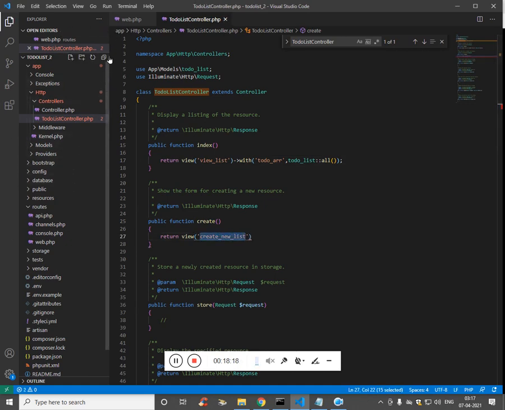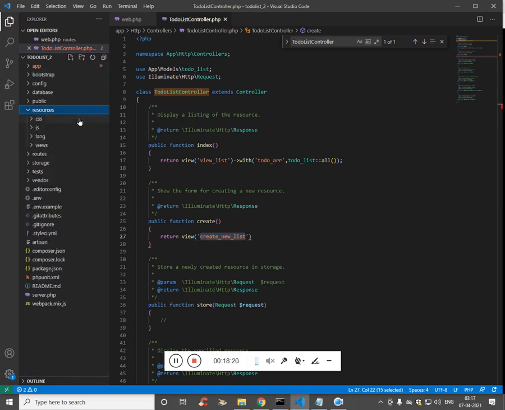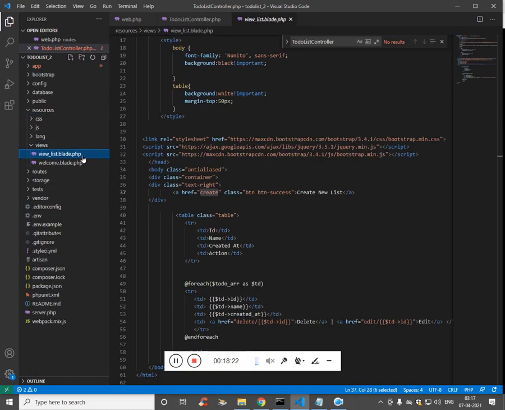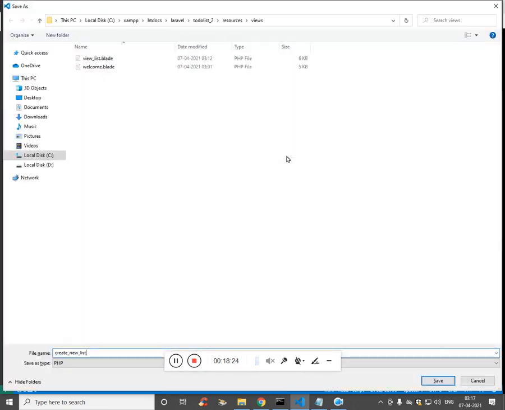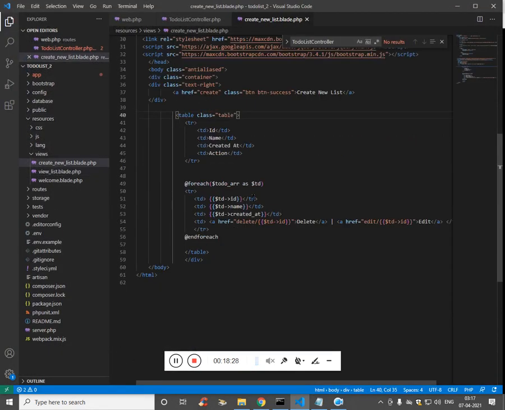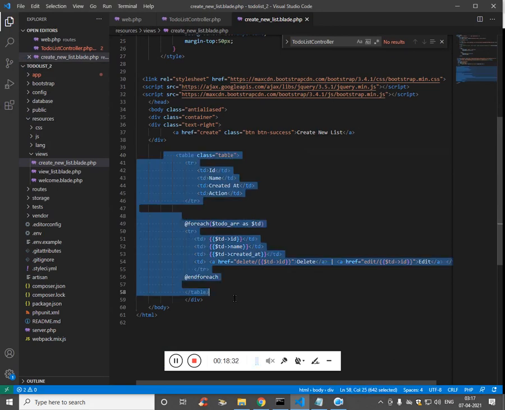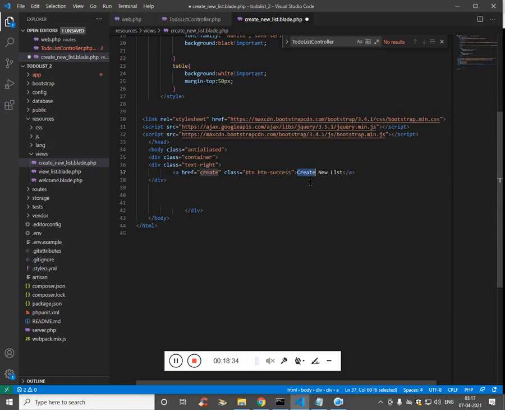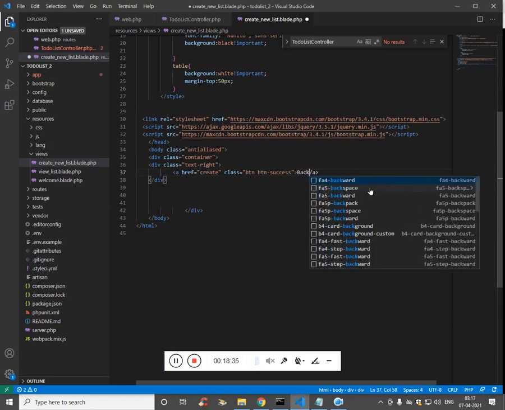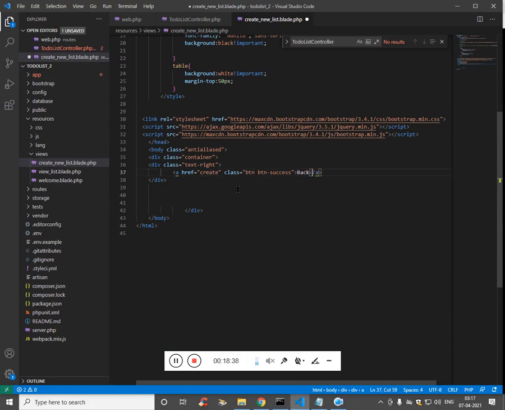So in resources views, save this file as dot blade. So instead of a table, we need to create a form. So form,